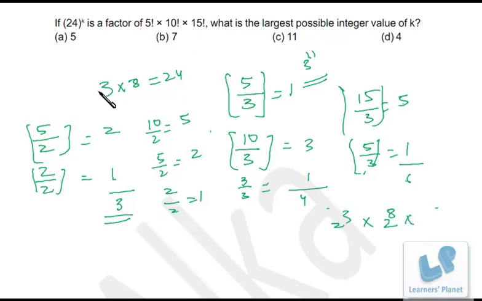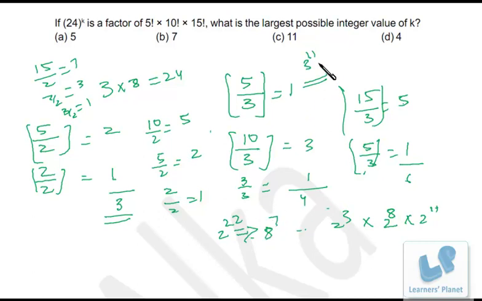Similarly 15 factorial, 15 divided by 2 is 7, 7 divided by 2 is 3, 3 divided by 2 is 1. So 7 and 3, 10 and 1, 11. So in all it is 8 plus 3, 11, and 11, 22. So it's 2 raised to 22. But we are interested in power of 8. 2 cube is 8. So I divide 22 by 3. So that will be 7, that is 8 raised to 7, not 2 raised to 7, 8 raised to 7 into something, right? So that means the highest power of 8 that we are getting is 7.